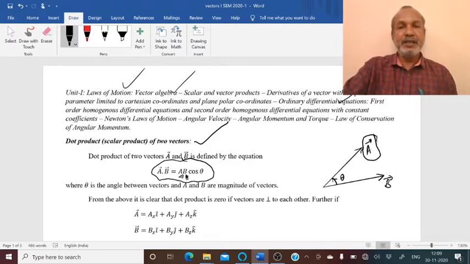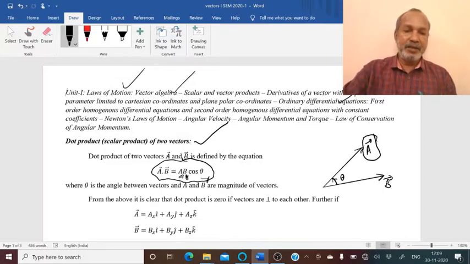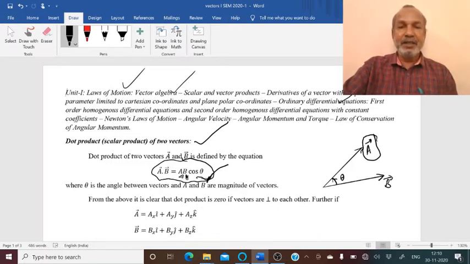I have seen that so many students are forgetting to put the arrow mark. That is not a good practice because if you don't put the arrow mark, then that means it is the magnitude of the vector, as in this particular equation. As in this equation, you can see on RHS there are no arrow marks. That means it is a magnitude of A and a magnitude of B on the RHS. But on the LHS, you have to definitely put the arrow mark. Otherwise, the expression will be meaningless.